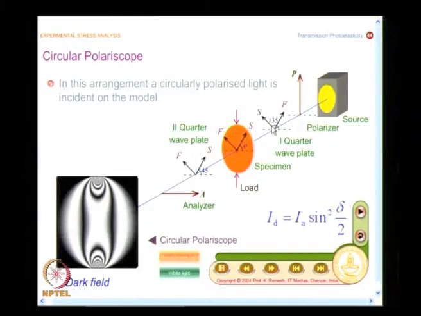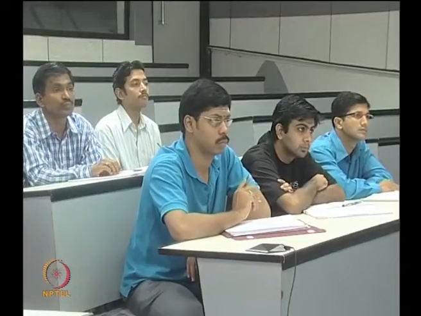So, what do you get after the quarter wave plate? You get essentially a circularly polarized light. How many of you are able to see this? I make the amplitude of vibration the same, and it introduces 90 degrees as the retardation. So, I get a circularly polarized light, which comes directly from your light ellipse analysis,